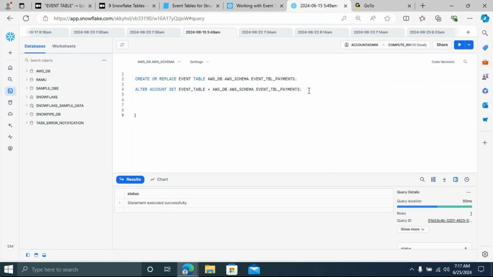Now I am going to set the log level. We have discussed the various log levels we have. I taught you guys in Snowpark what the various log levels are. Anyone?